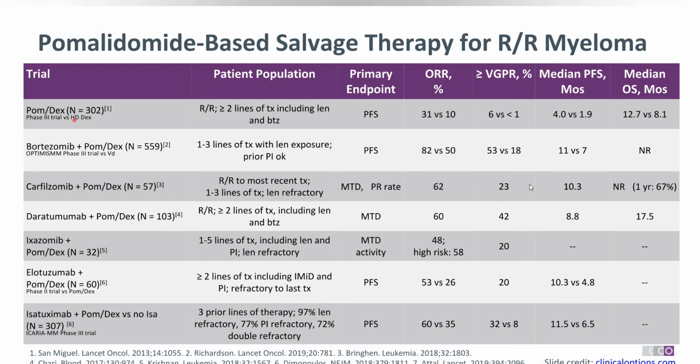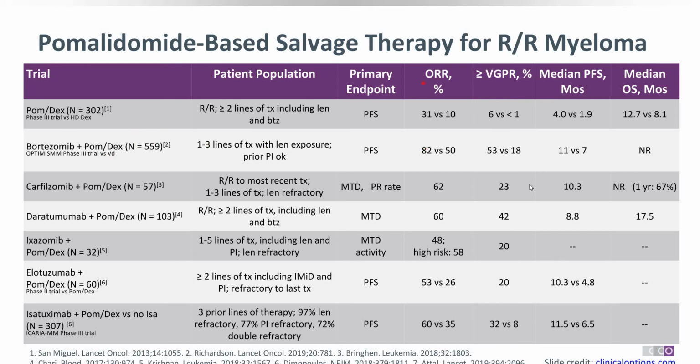So PomDexa phase 3 trial, Optimism is a phase 3 trial of bortezomib with PomDexa, which is very commonly used, because here they have taken prior PI patients into account, like the patients who have progressed on bortezomib. Still they are saying that we can reuse bortezomib if there is some time gap since using bortezomib. So Optimism is the one trial combining all three common drugs.